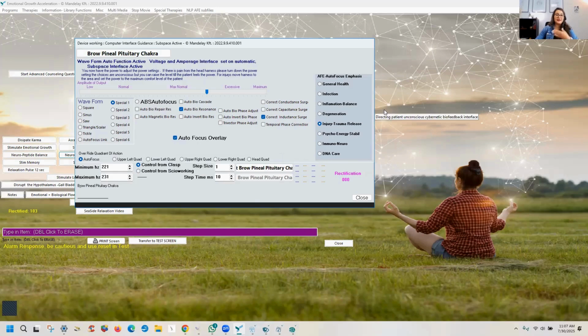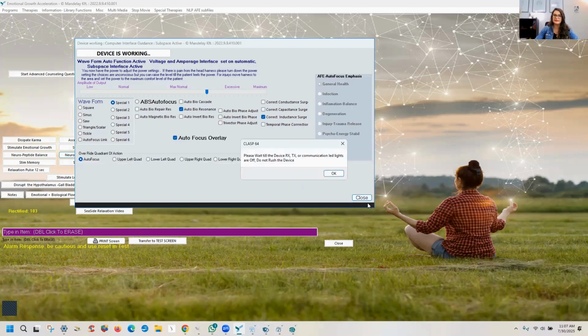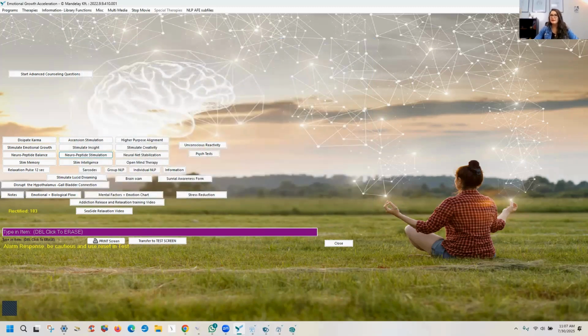trauma release. Like in this case, if I'm working with hormones and I have already pretty much pinpointed that the hormonal imbalance is due to trauma, and it's also due to negative belief or inherited things, then I will click in here. I'm not going to activate this because it's going to eat up pretty much 10 minutes of our time. But in here, I have a last one that I want to show you